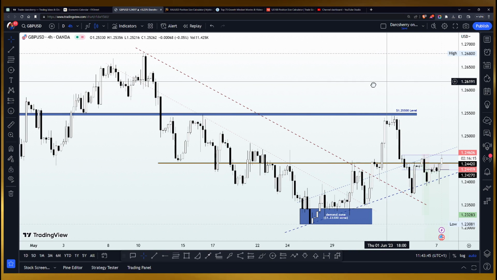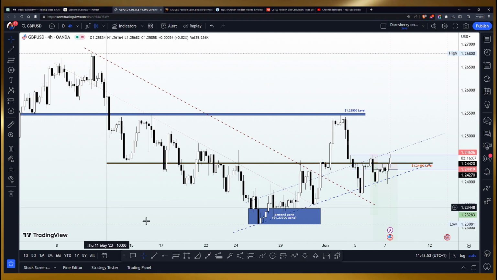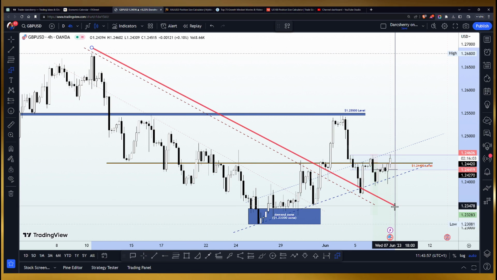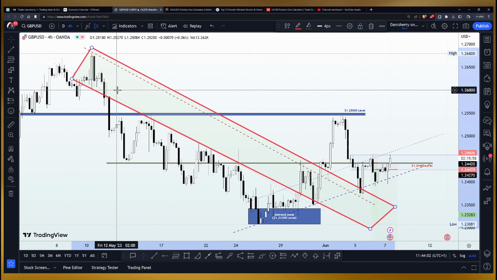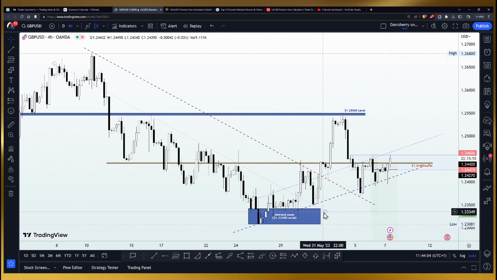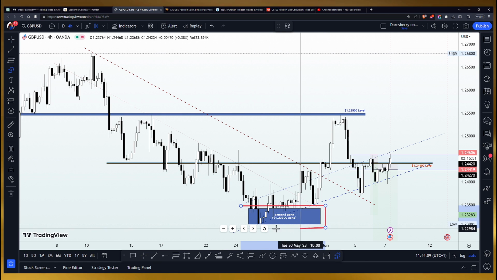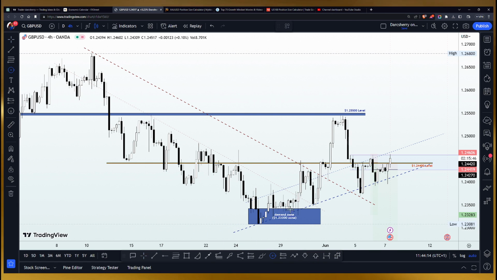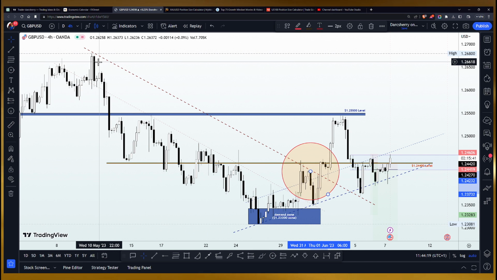So at the beginning of the week, this was what we saw on the GBPUSD after taking into consideration price action activity since the beginning of the month of May. We saw initially that price action was bearish. We had a couple of trend lines to emphasize the bearish momentum, but something interesting happened during the course of last week after sighting a demand zone here around the 1.2330 area. We saw how price action broke out of that descending trend line for the first time in over 6 weeks.